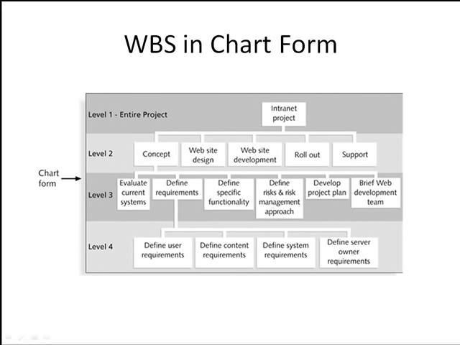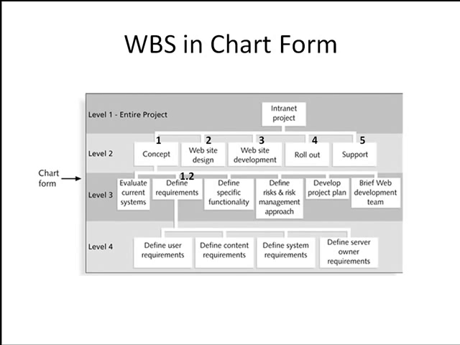Let's look at the numbering system that you're going to be using. There's a couple of different numbering systems that are mainly used. It doesn't really matter which one you use as long as you're consistent. In this case, the 5 major work areas, concept, web design, website development, so forth, are numbered 1 through 5. Within each of these, in this case, the number 1 in level 2, which is concept, underneath that we have a number of different subcategories of work. Evaluate current systems, define requirements. Well, that second one you'll notice is listed 1, which is because it's under the tree concept, and